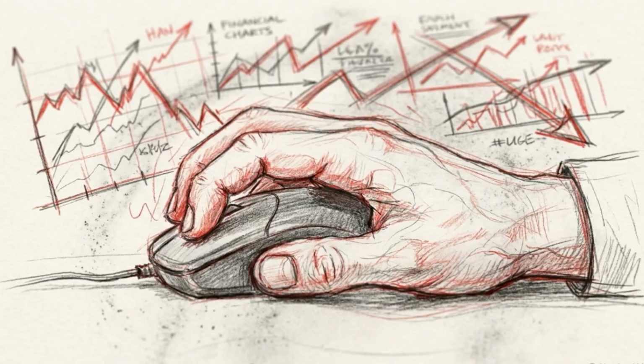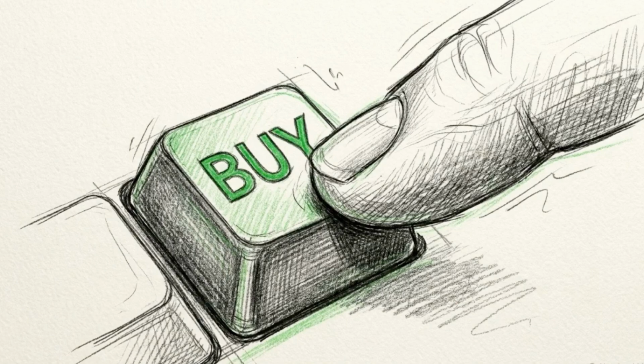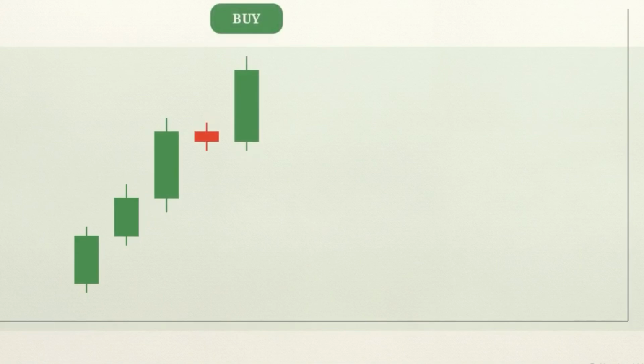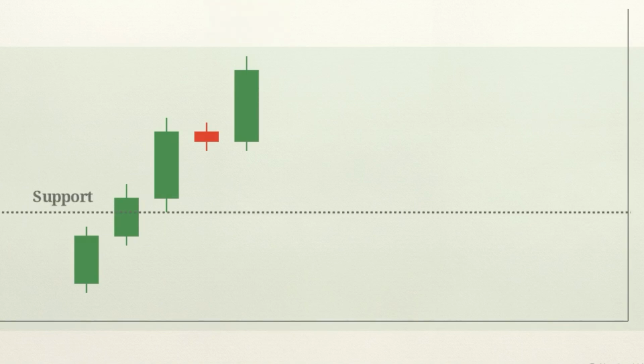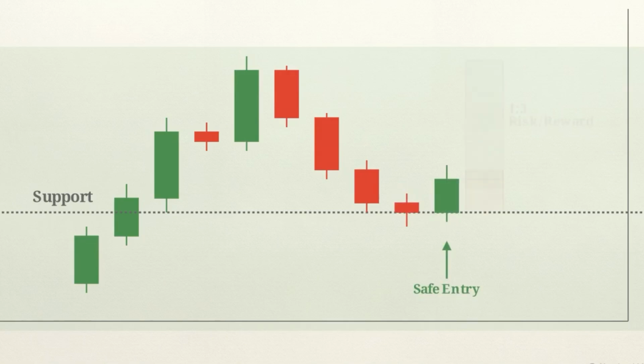Even with the correct bias, impatience can still ruin a trade. A bullish daily bias does not mean you smash the buy button the second the market opens. To find a safe entry point, we have to look inside the daily candle. We drop down to a smaller time frame, like the 1-hour chart. New traders see a bullish daily bias and immediately buy the peak of the morning price spike. The correct execution strategy is to wait for the price to pull back down to a logical intraday support level. Once you see a bullish confirmation candle form at that support line, you have a safe entry with a strong